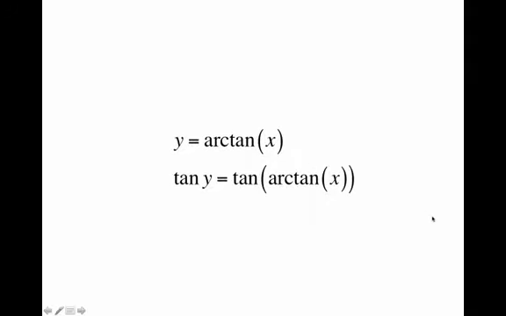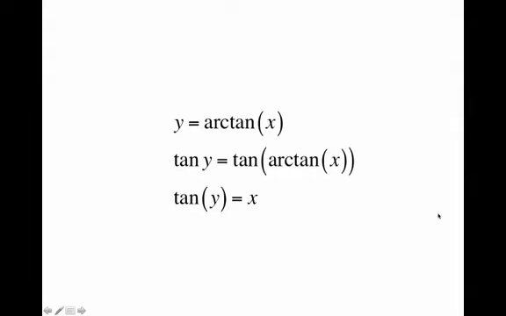So tan both sides, and what will happen is on the right hand side the tan and the arctan undo each other, so you end up with tan y